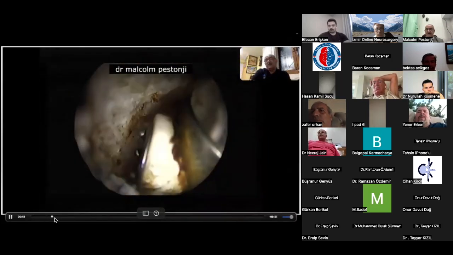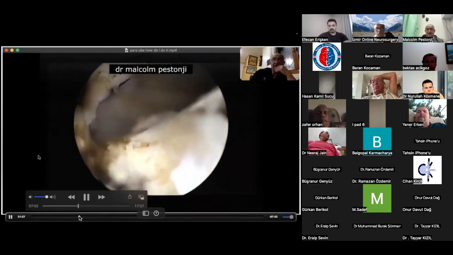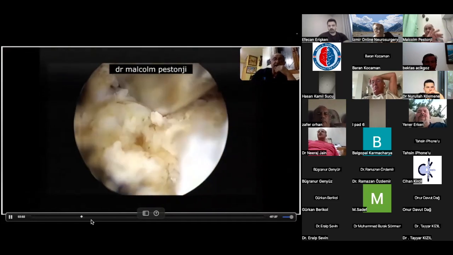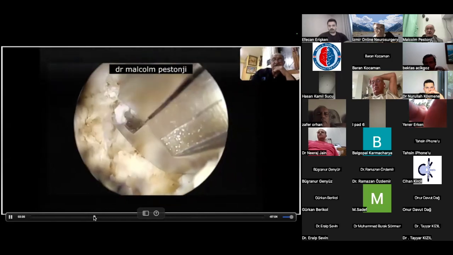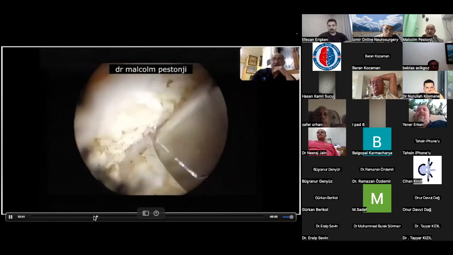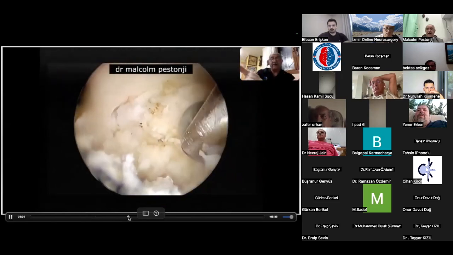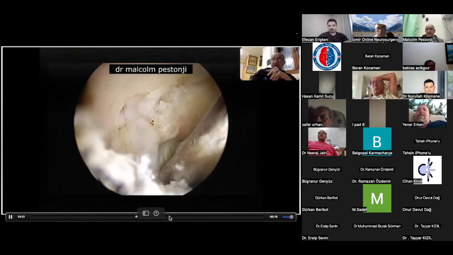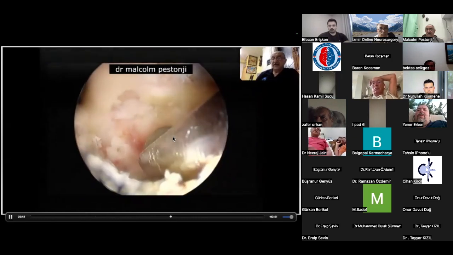We've come from outside. This is the IAP-SAP junction. You can see the superior articular process over here. You can see the corner of the IAP and the transverse process. I'm entering the foramen from here. I'm cutting into the foramen. I'm freeing up the root. Secondarily, you can see fibrotic tags on the root. I'm burring away the SAP and then trying to create more space for the root to come out. You can see the root is below over here with the tags on it. I'm burring away the SAP bone